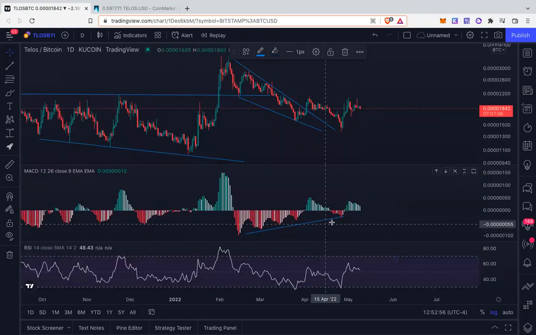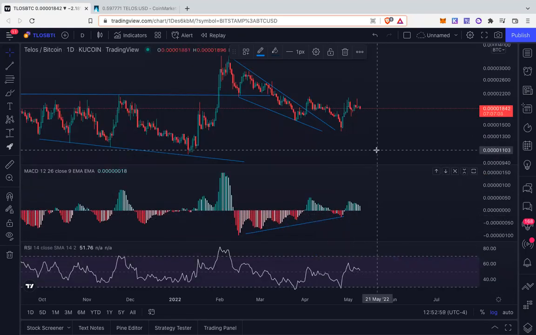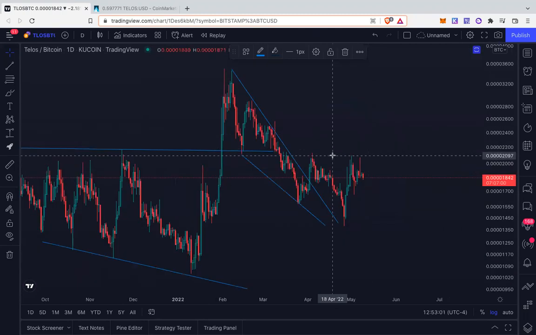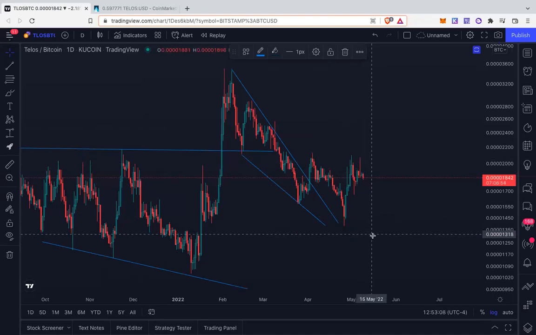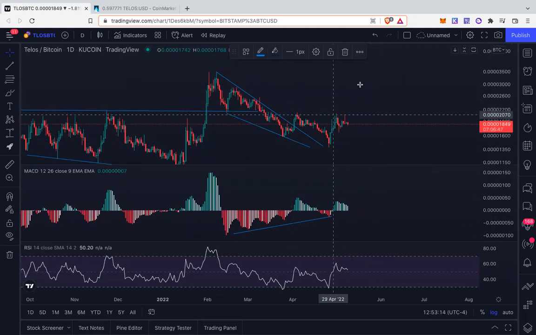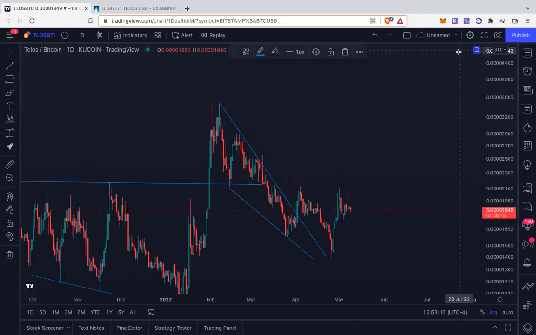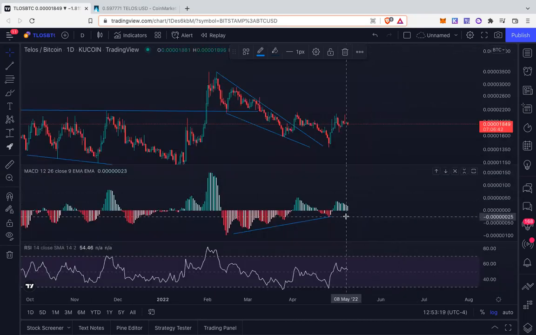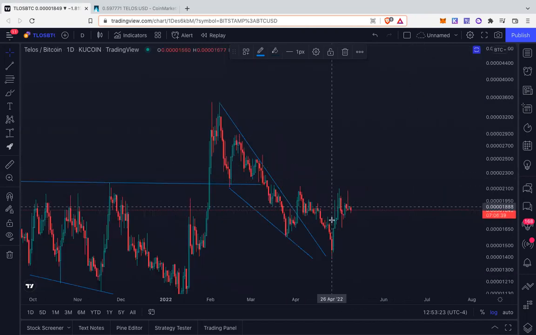But it's not material into anything significant. You're right now confirming, well, not confirming, but you're making a lower high right now. And you get bullish divergence on the daily, in the bull market. I mean, those are the great opportunities to buy and hold. But bullish divergence on a daily in a bear market, and you get this type of price action where you just made a new low and you're making a lower high.